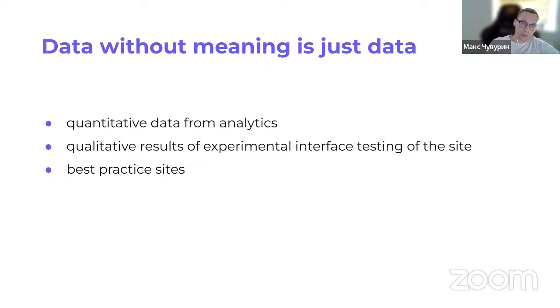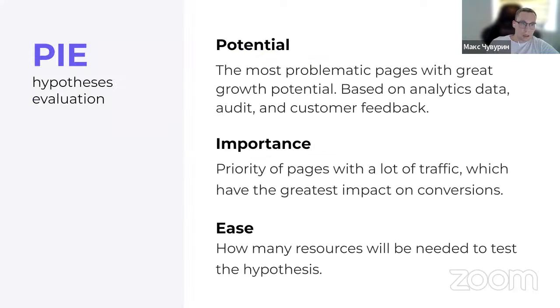Yet the situation occurs when there may be 40, 50 hypotheses generated, depending on the project size. And then there is the question of what to do with them if we have such a big list. We can structure them according to their importance. To do that, we use the PIE principle. So what is it? It stands for potential, importance, and ease. So let's talk about them.